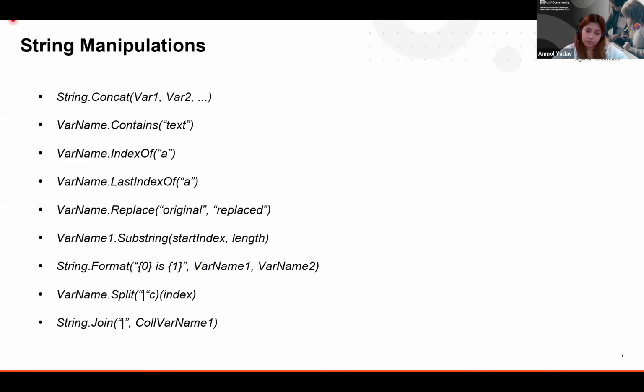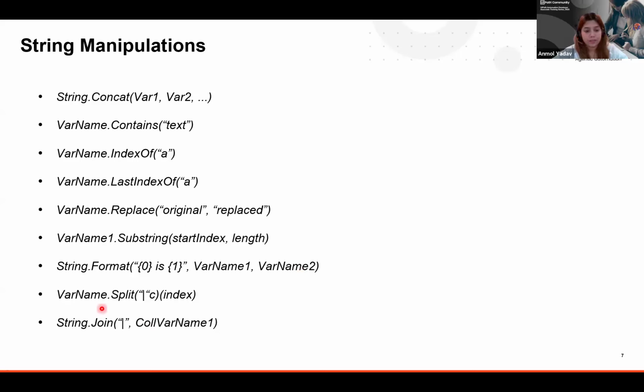String.format would format your string to be present in a certain output format. So if you give {0} and {1}, whatever you're defining in the curly braces, the first variable is going to come here and the second variable is going to come here. So mostly you use this in the output format, like when you're writing an output or entering a log, so that the output that you're printing onto the orchestrator is in a formatted